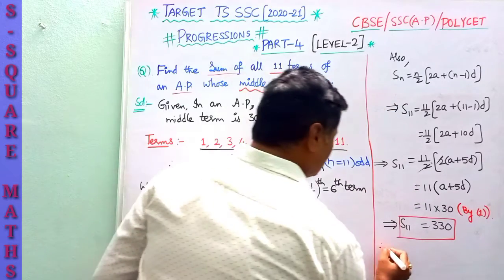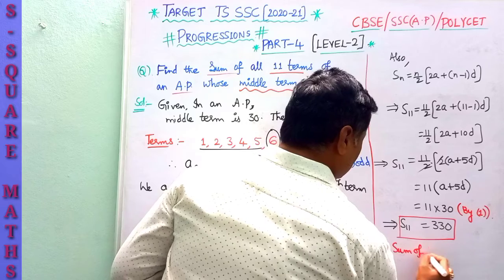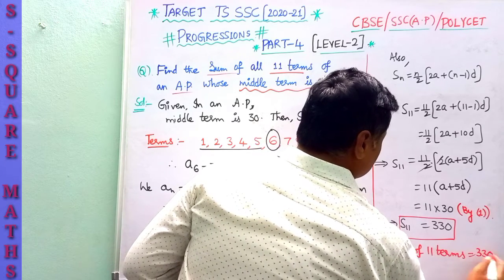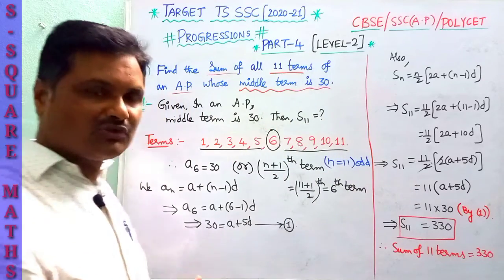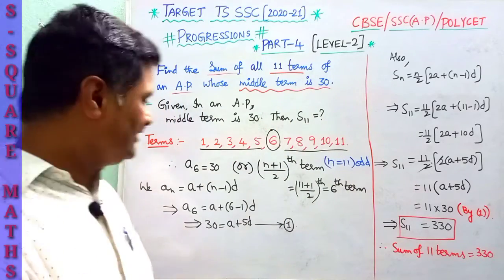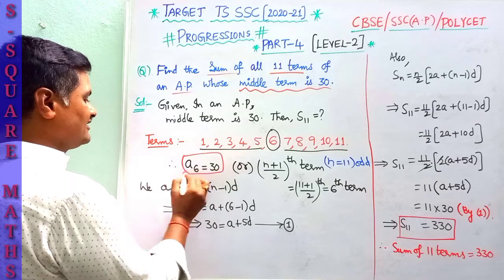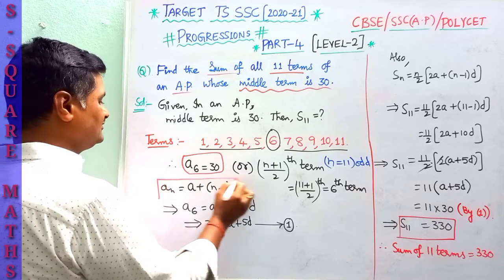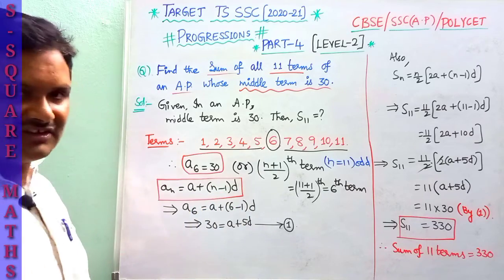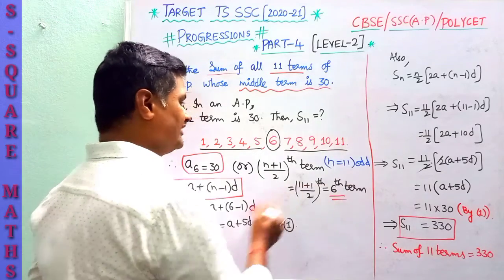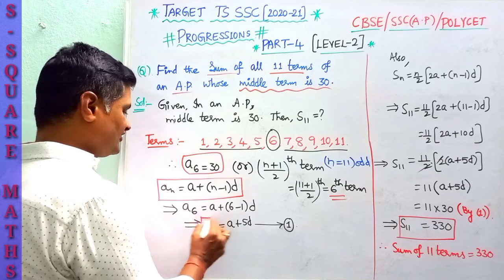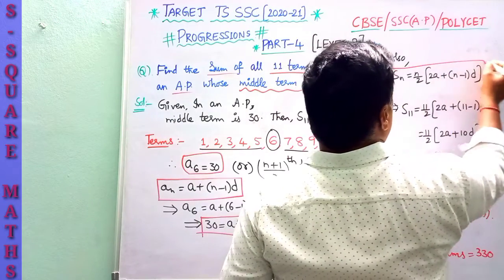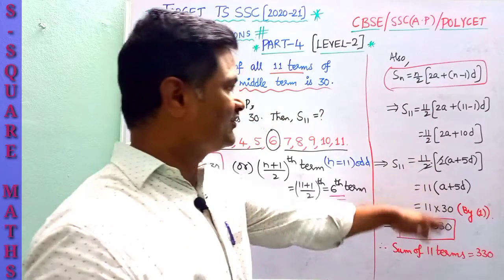Therefore the sum of 11 terms of the AP, arithmetic progression, is equal to 330. This is the given part, and this is a formula. We have An is equal to a plus (n minus 1) into d, and this is the first equation we have applied here. Again, this is another formula to find Sn, the sum of n terms. Just substituting, here we substituted after simplification.